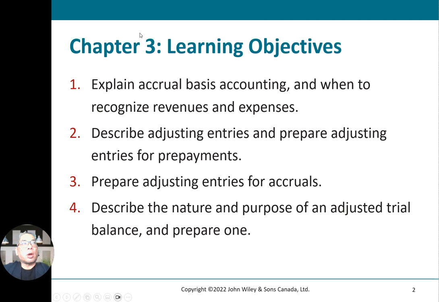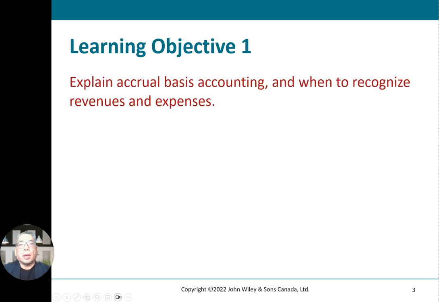Our learning objectives for Chapter 3: number 1, explain accrual basis accounting, when we recognize revenue and expenses. Number 2, describe the adjusting entry and prepare adjusting entries for prepayments. Number 3, prepare adjusting entries for accruals. Number 4, describe the nature and purpose of an adjusted trial balance and prepare one. And learning objective number 1 is to explain accrual basis accounting, when we recognize revenue and